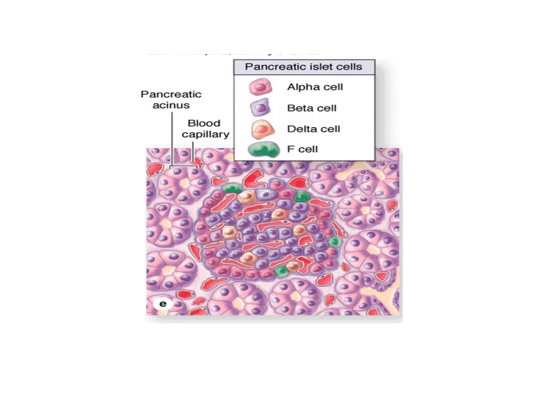Now just to revise again, what are the types of cells present in the islets? Alpha cells, beta cells, delta cells, and the F cells, which control the secretions of beta and alpha cells. The alpha cells are secreting glucagon, beta cells are secreting insulin, and they are surrounded by a lot of blood capillaries.